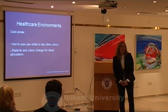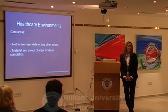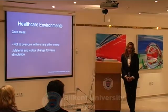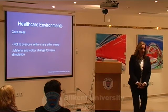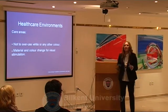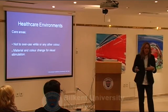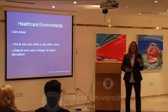With the care areas, of course, again, the overuse of any color becomes problematic in the long run. Around the 1940s or 1950s, people in the UK said, okay, pure white is very institutionalized. We don't like it in hospitals, so let's find another way. A very well-known colorist at the time suggested, okay, let's make it magnolia. So it has a slight tint of beige in it,